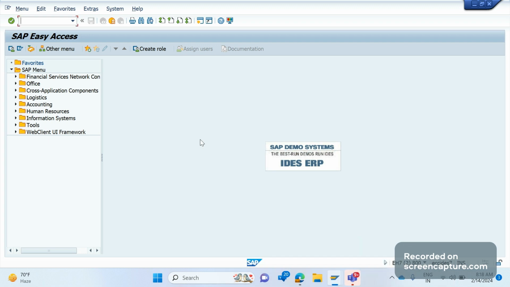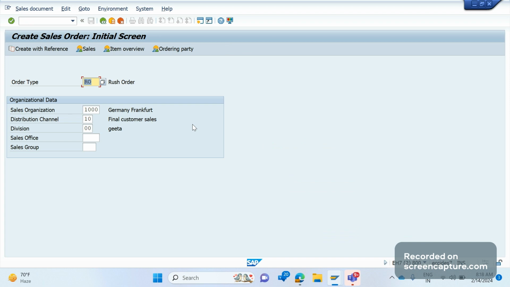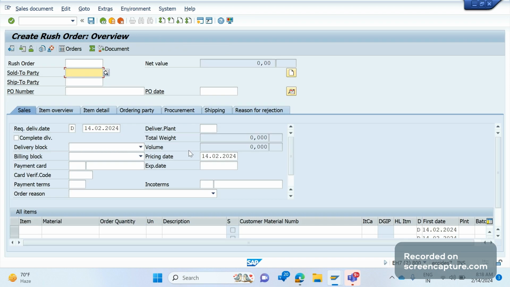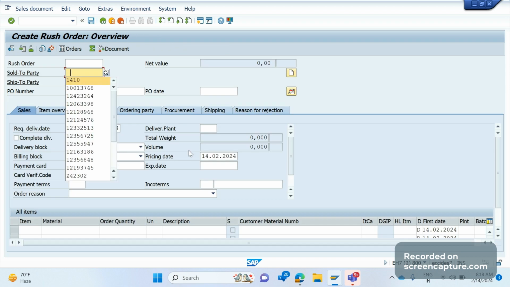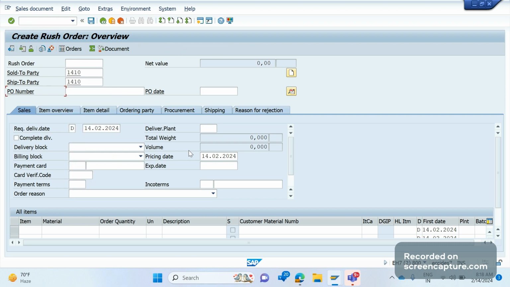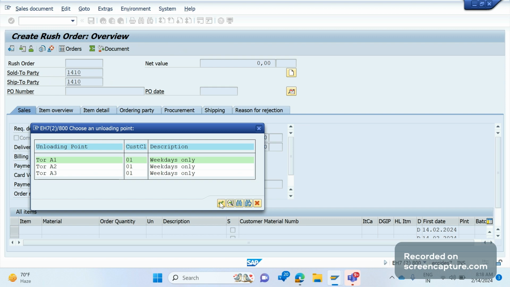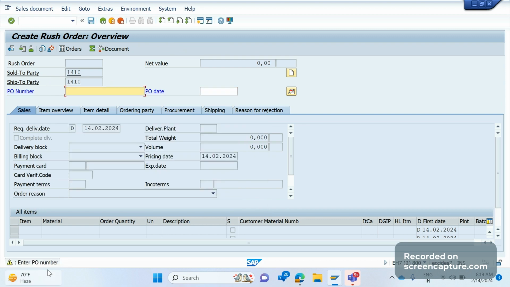Okay, I'm going to create one order now. BA01. So sold-to customer, ship-to customer, and if I click enter, you see here I'm getting one information message saying, enter PO number. Suppose I want to skip this message, I don't want to see this message on the screen,